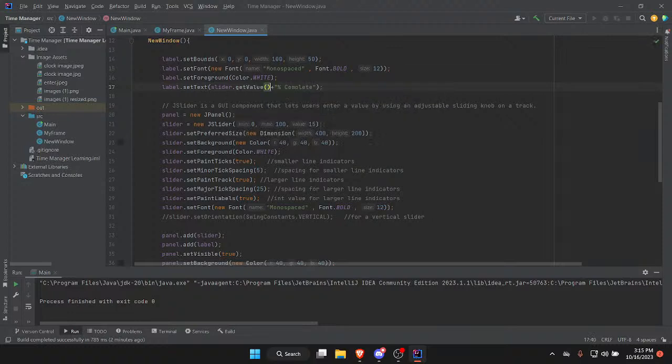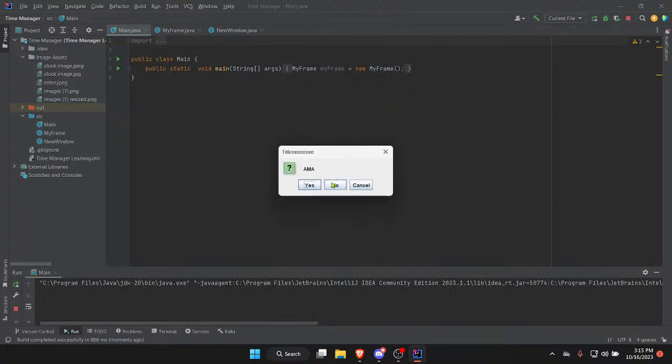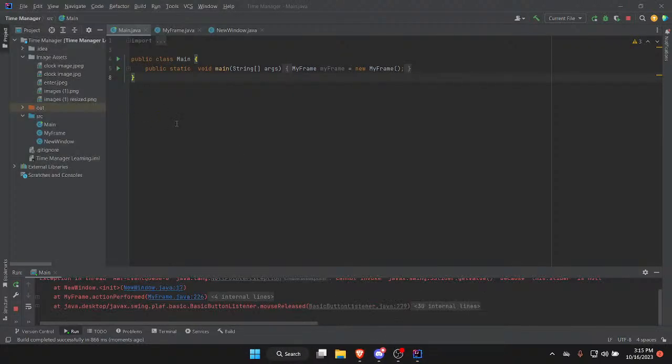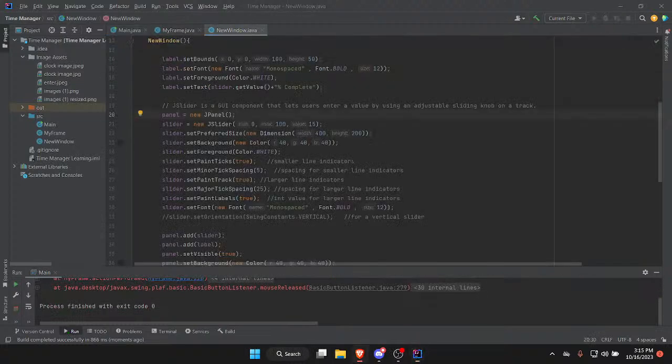All right, let's take a look at this now. So it says it's set to 50 degrees Celsius, but I think I'm going to increase the font. So I'm just going to copy this, paste it, and change slider to label. And let's set this to maybe 25, so it's more visible. That's better. Okay, so it's currently set to 50, but if we adjust